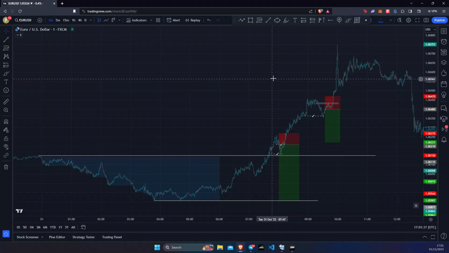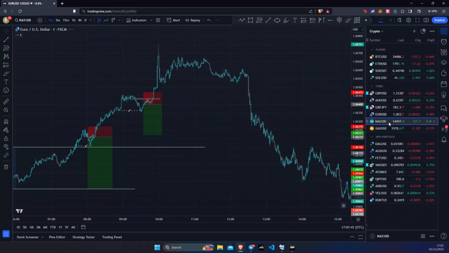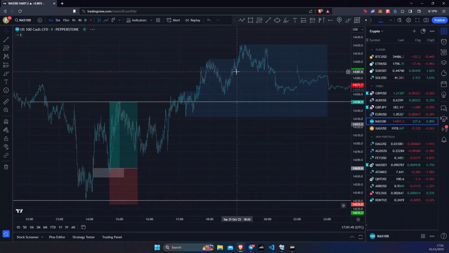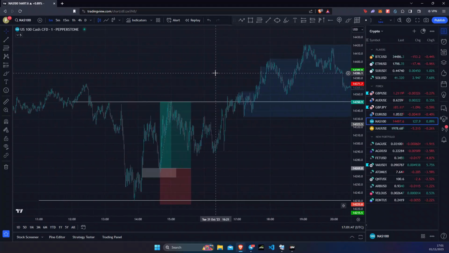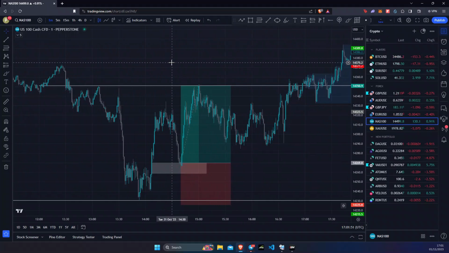Hey guys, so in today's video I just wanted to break down the ICT Judas swing and also the ICT Silver Bullet trading strategy that I've been using over the past couple of months that have helped me generate a lot of good trades and also a lot of good profits, but also there's been wins and losses along the way as well. So the reason why I thought I would make this video today is because since yesterday